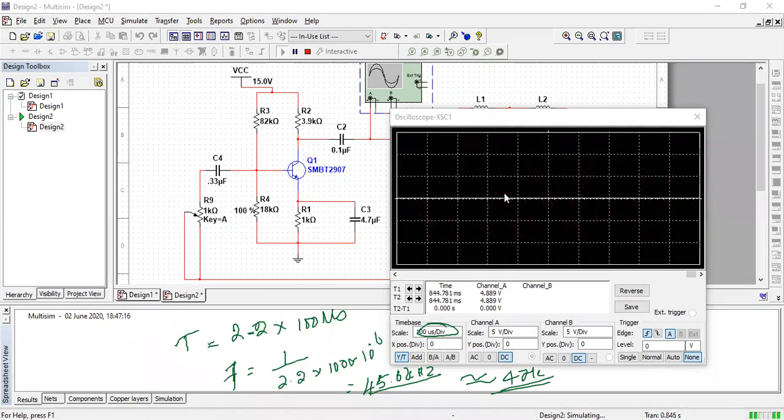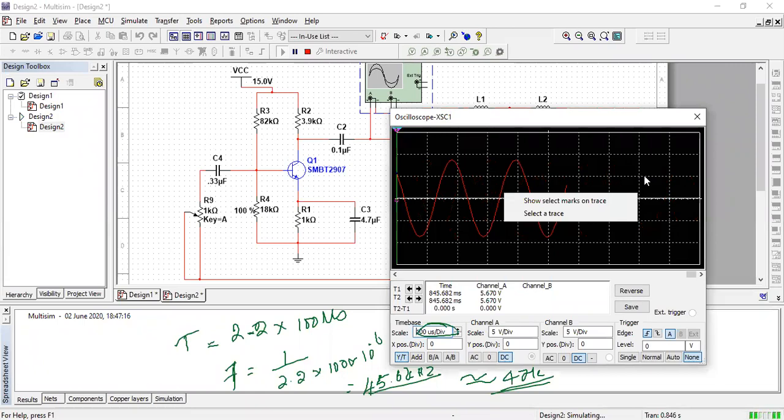In the same way, you can calculate the amplitude that the circuit is producing. Here, 1 completely, 2, then here completely, we can say 3. The y-axis is covering 3 square boxes. So 3 into 5 is 15 volt. The peak to peak value it is producing is 15 volt. So the circuit produces 15 volt, and the oscillating frequency is 47 kilohertz. Okay, thank you.